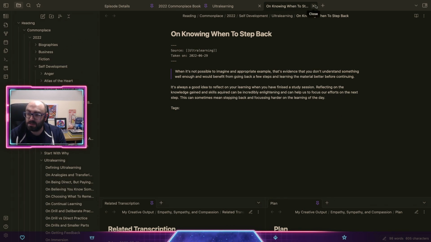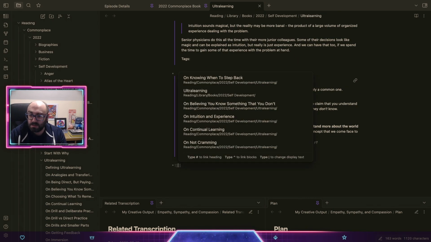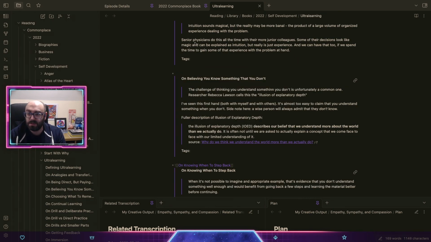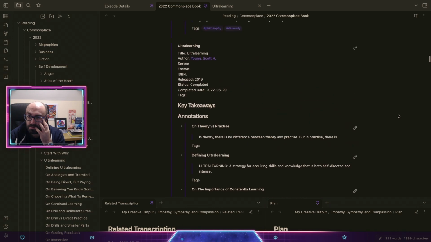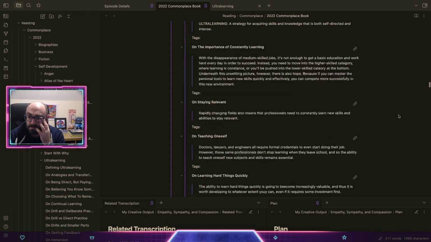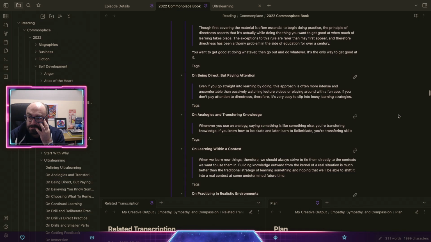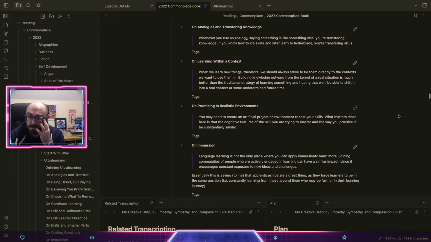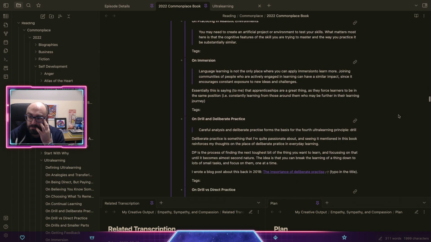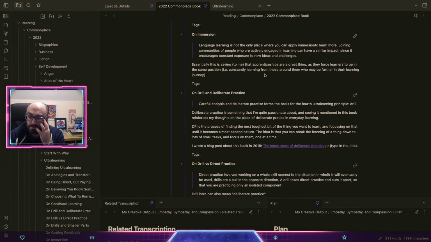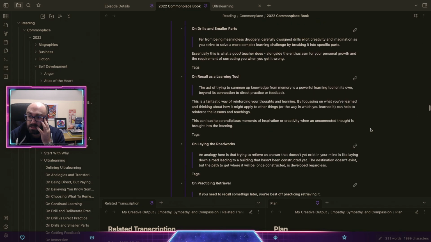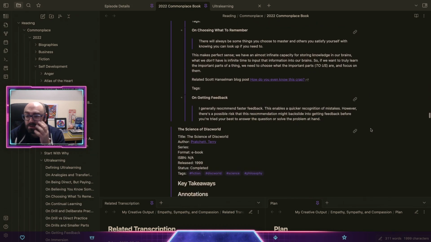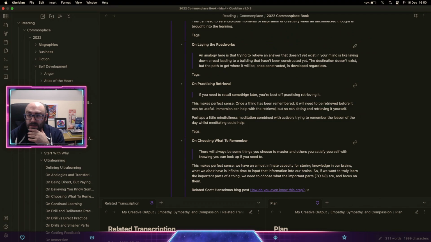I'm going to go back. So remember, I've been adding these on here, knowing when to step back. What's great about this is I'm adding these to my Commonplace book, and you'll notice that as soon as I've started adding these Ultralearning things here, they've started to show up here. I'm practicing realistic environments on immersion. I'm sure that immersion was one of the things that we did first, and you can see automatically they've all been added in. Now the great thing about this is I can push a button and actually get all of my